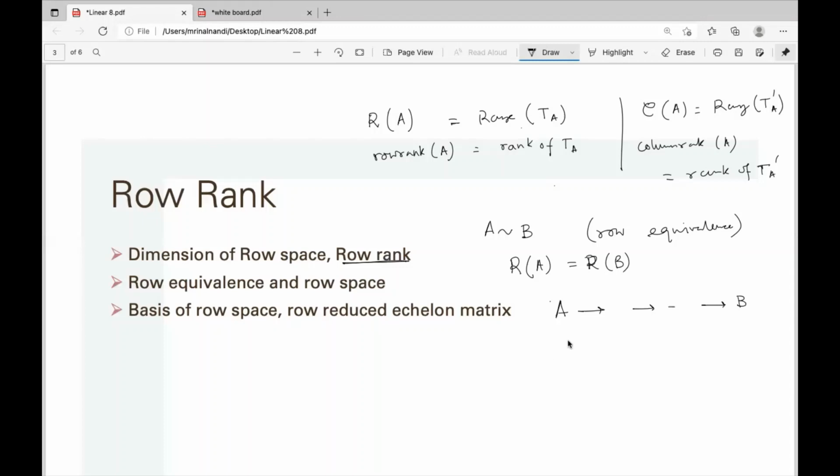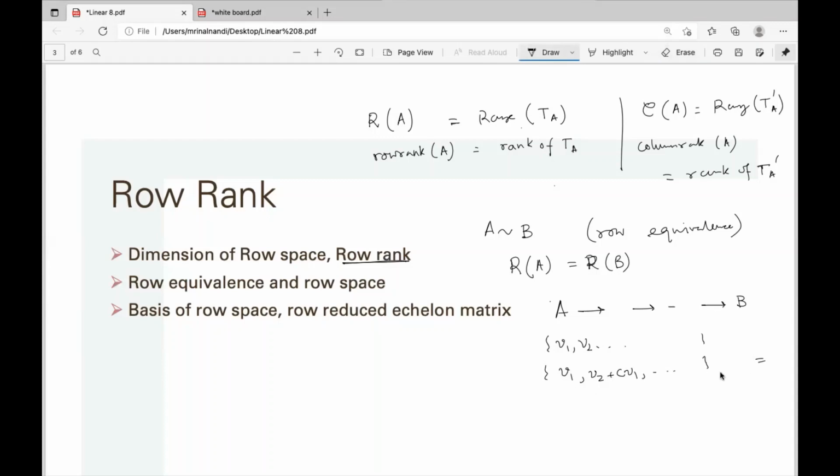And if you replace, say, there is a v1, v2, and any other. If you replace v1 and v2 by v2 plus cv1, these two sets have the same spanning set, because v2 can be written in terms of the new set, and the only new vector is v2 plus cv1. Remember, c is not equal to 0. Or if c is 0, then there is actually no need of that. If c is 0, it is the same thing.